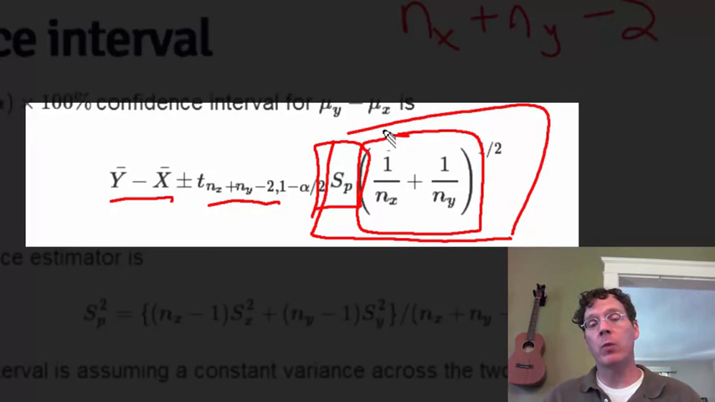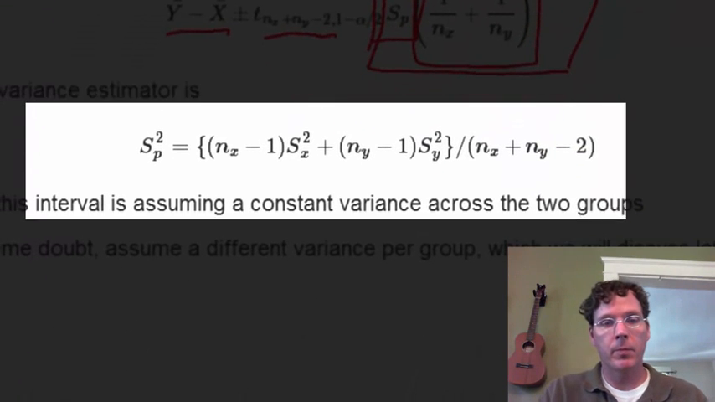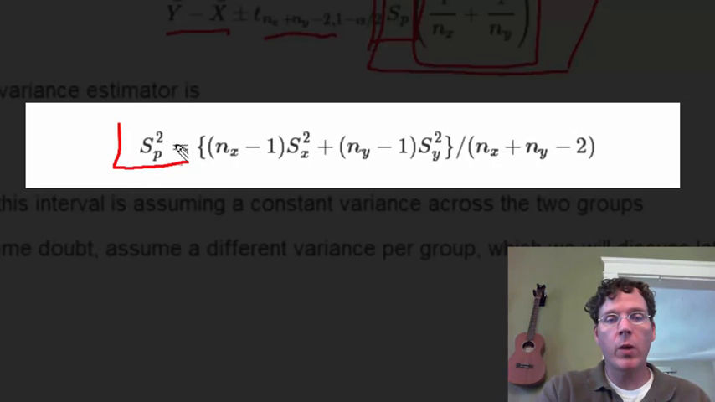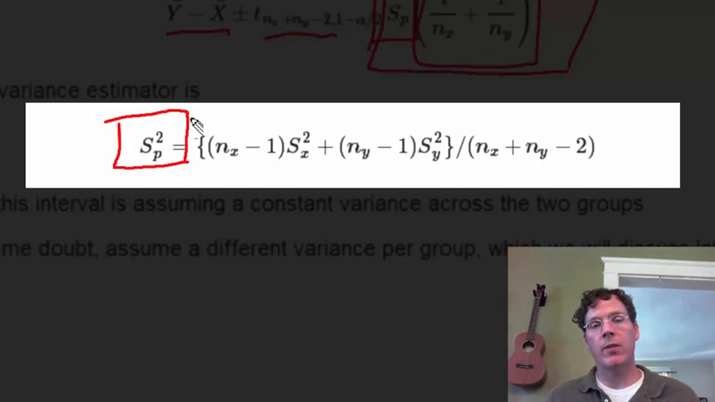You'll notice that as we collect more data, 1 over nx gets very small and 1 over ny gets very small. S sub p squared is the so-called pooled variance. Its square root is the pooled standard deviation. If we're willing to assume that the variance is the same in the two groups, which would be reasonable if we had performed randomization,